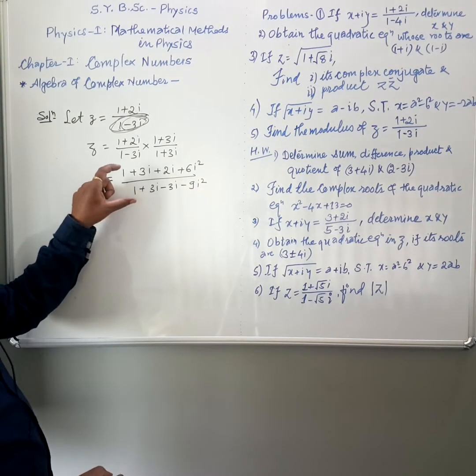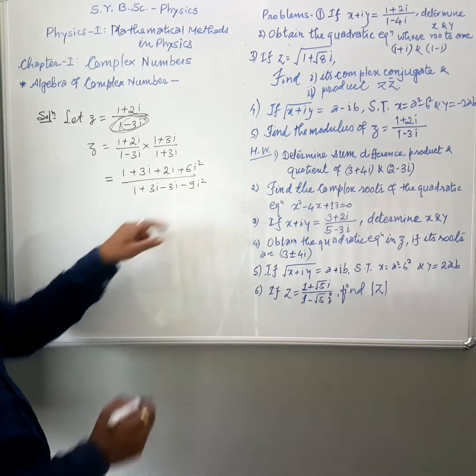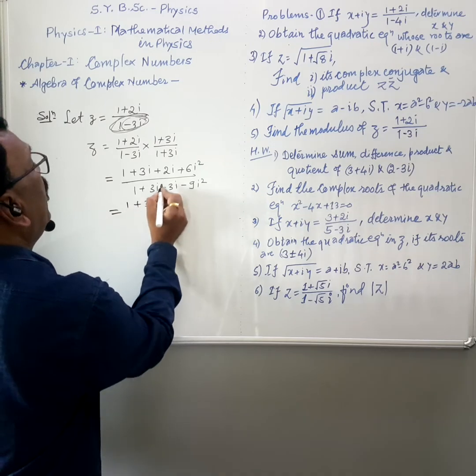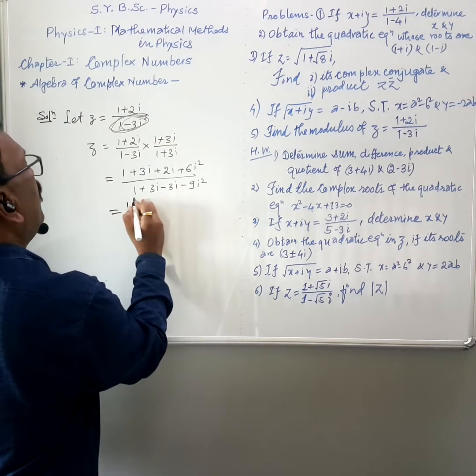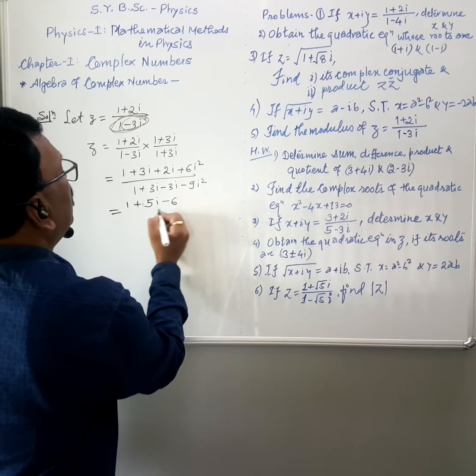Again solve this term, but remember that the value of i square is equal to minus 1. Therefore, we get 1 plus 3i plus 2i is equal to 5i minus 6